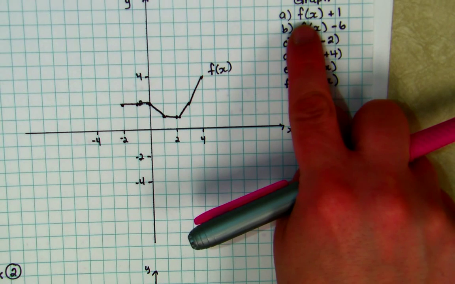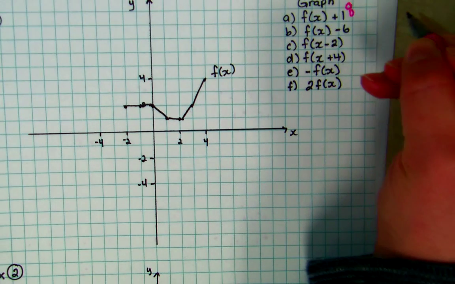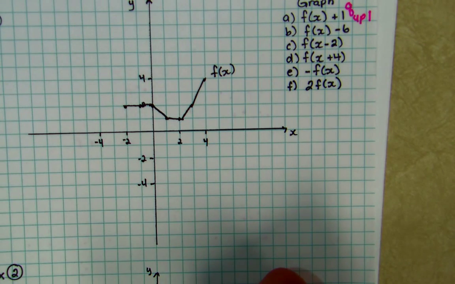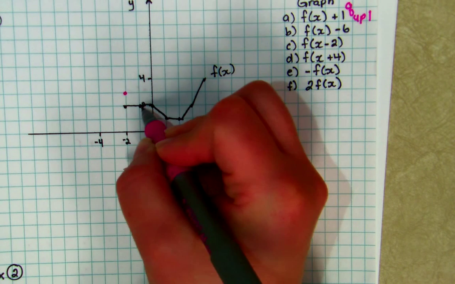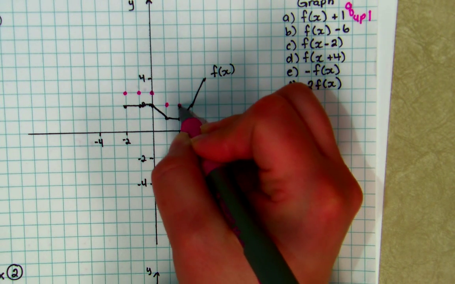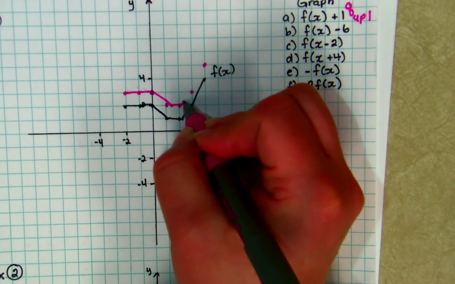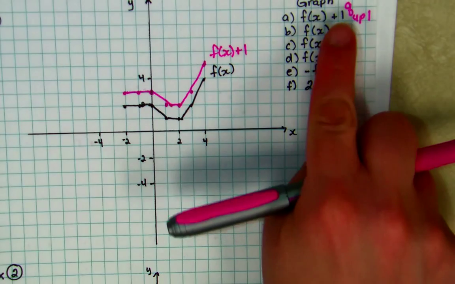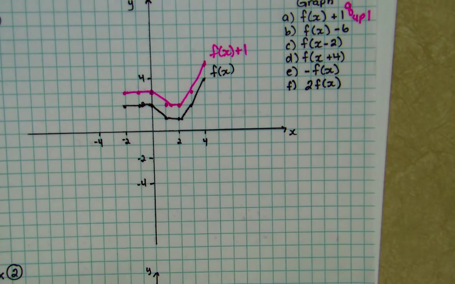So the first one is f(x) + 1. That's a number at the end. That's a q value, so it's vertical, and what you see is what you get. That literally means move the graph up 1. So I'm going to go to the graph, and I'm just going to move every point up 1. And so I can label this one f(x) + 1. A plus 1 at the end means take every point and move it up 1. So then the next one,